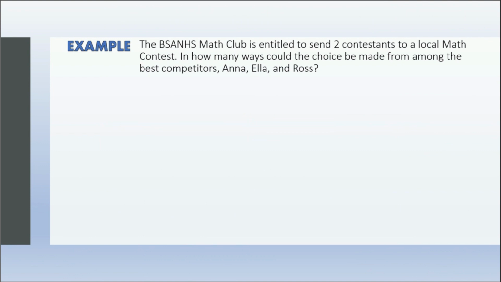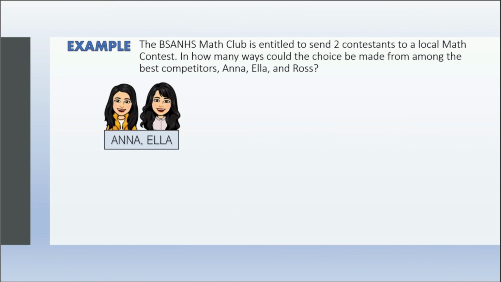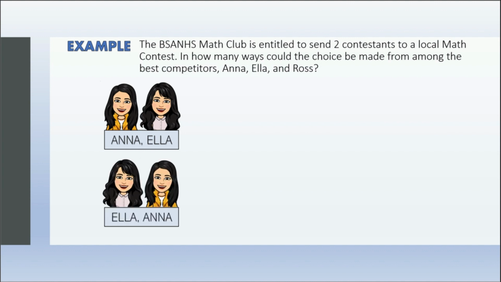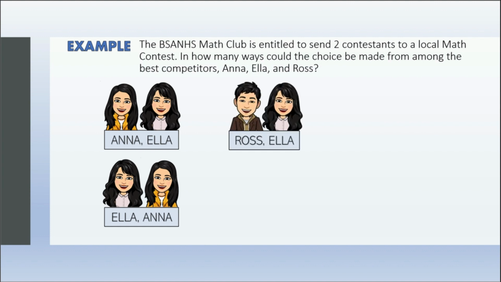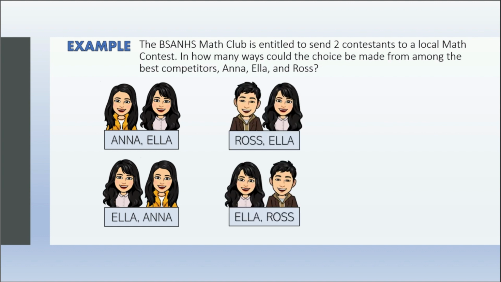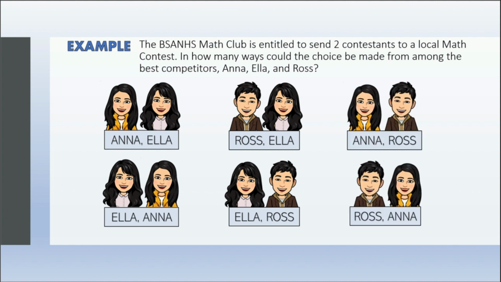Using an illustration, the first arrangement could be Anna and Ella. For the next one, we have Ella and Anna. We also have Ross and Ella, or it can be Ella and Ross, Anna and Ross, and lastly, Ross and